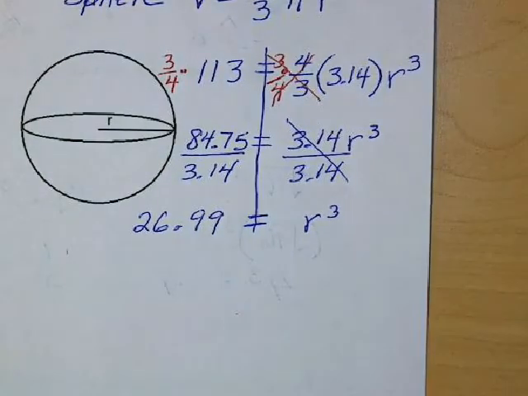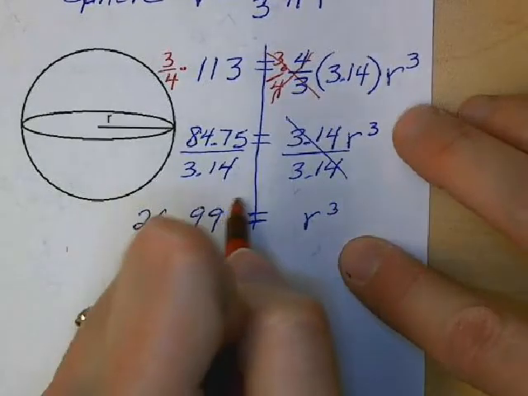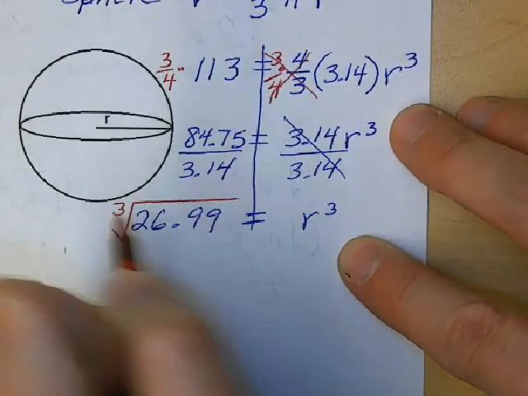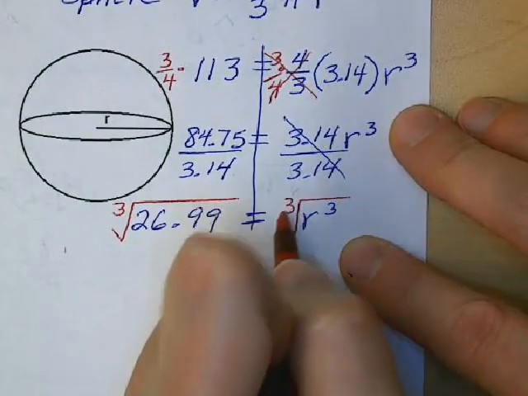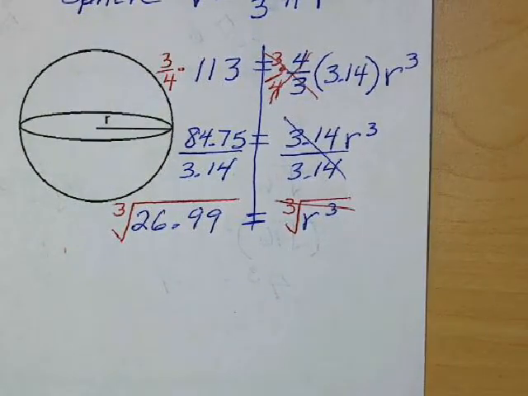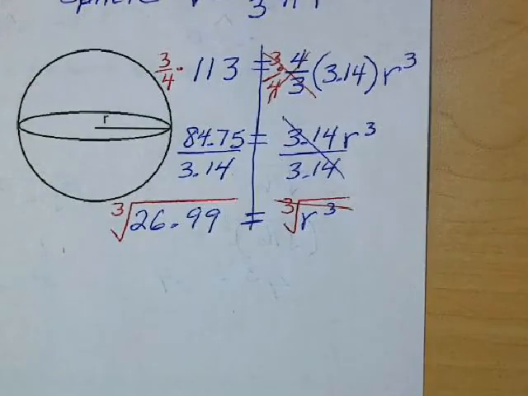Last step, how do you get rid of that third power? Yeah, we call it cubed root. It's like a square root but with a 3. I understand why you said that. So we take the cubed root of